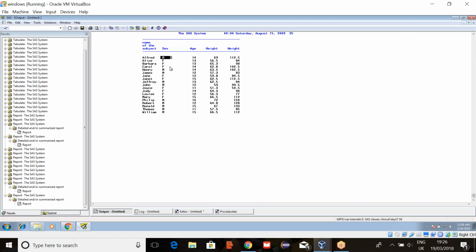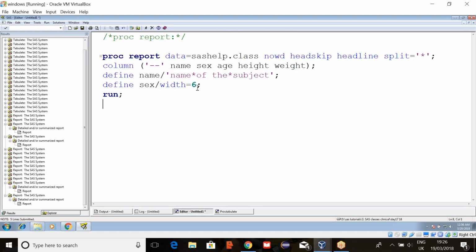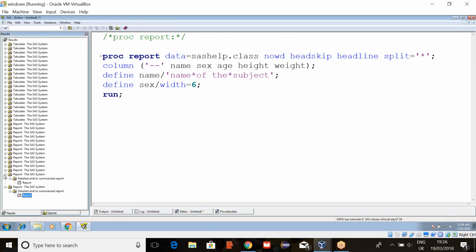And if you want to apply the formats, suppose now here M I want to change to male and F change to female. So how to create a format, do you guys remember? Yes.